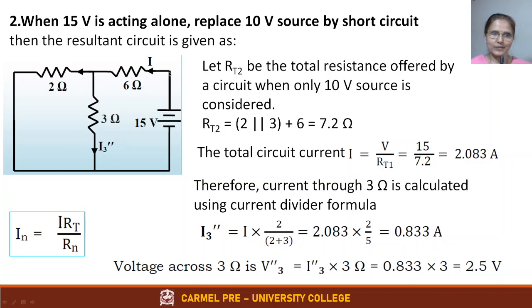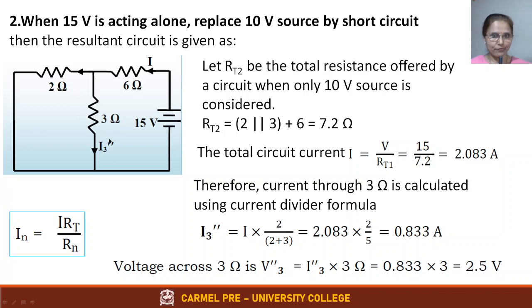So now if you see current flowing because of this source in this direction, it gets divided like this. Whenever current divides, that means resistors are connected in parallel. So both are connected in parallel. So when these two are in parallel, the parallel combination gives you 2 into 3 divided by 2 plus 3.